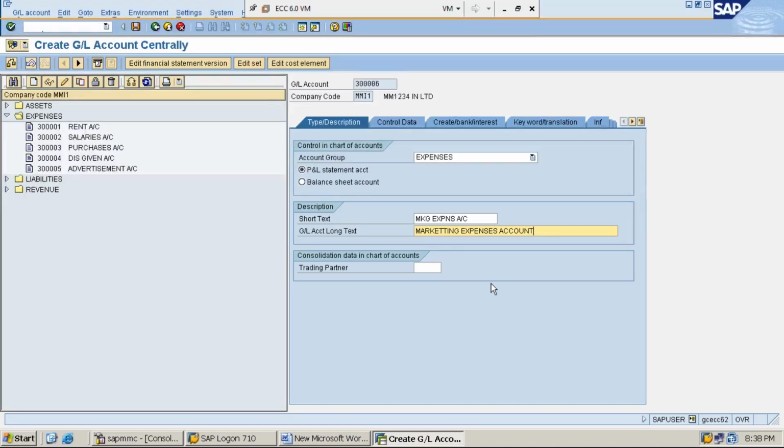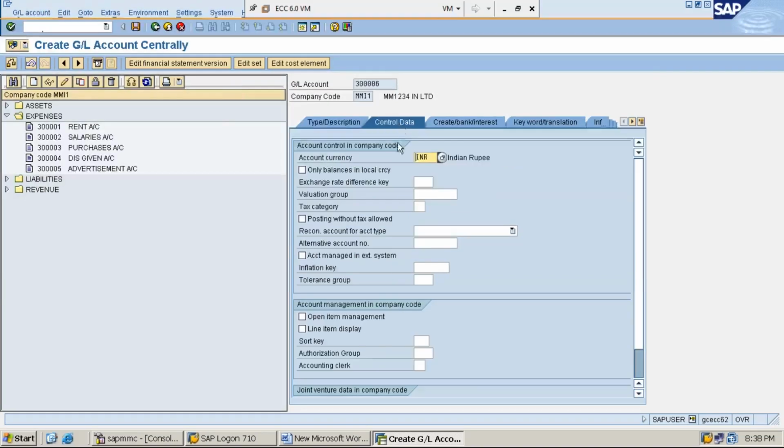Give the short text and long text, click on control data tab, select line item display checkbox, give the sort key 001,